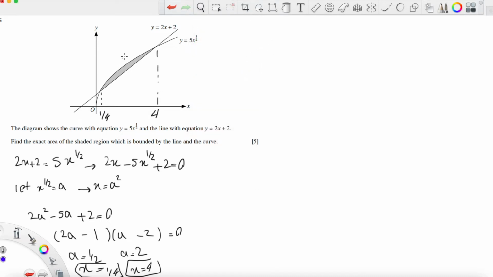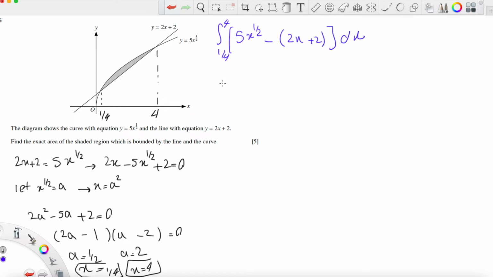Now in order to find the area of this shaded region, we need to calculate the area under this curve. Then we need to subtract the area under this line from the whole region. This white region must be deducted from the region below this curve. So it will be integration from the lower bound, which is 1 over 4, up to 4. The curve is above the line, so 5x to the power of half minus the line, the area under the line, 2x plus 2